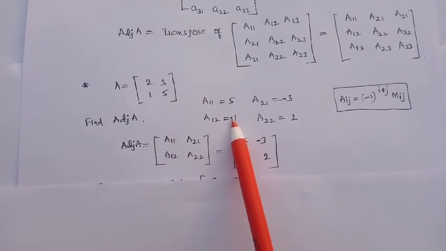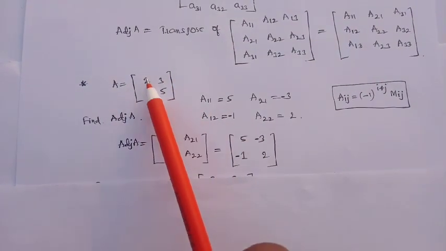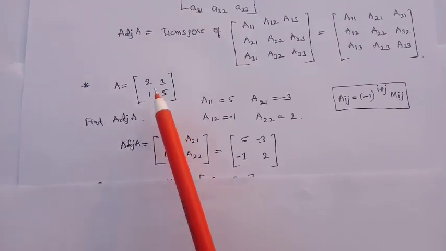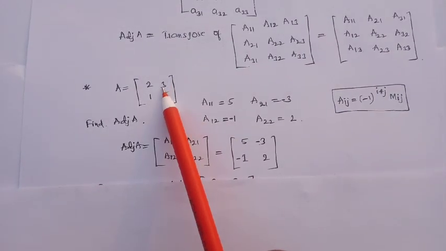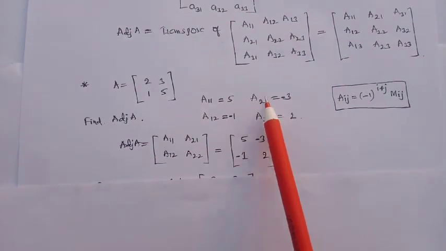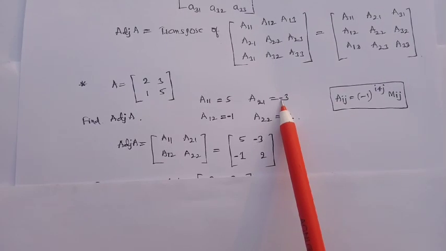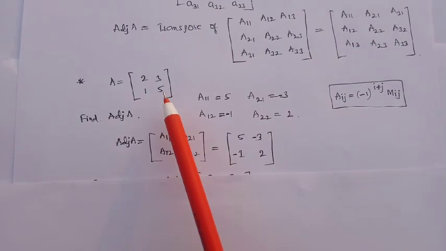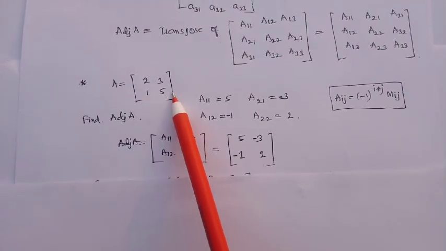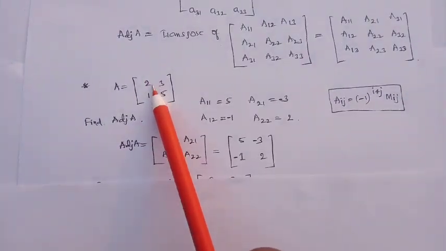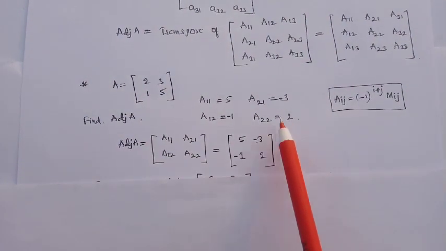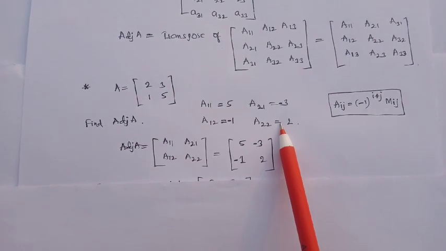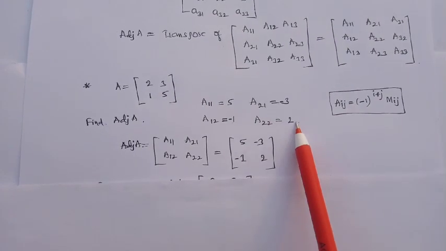(-1) to the power 3, that is minus. Coming to A21, second row first column, deleting these, this 3 is remaining here. The 3 can be taken, and (-1) to the power 2 plus 1, that is (-1) to the power 3, so minus 3 it is. And last A22, excepting second row and second column, the remaining element is 2. The 2 should be taken, (-1) to the power 2 plus 2, (-1) to the power 4, that is plus 1 into 2 is 2 itself.